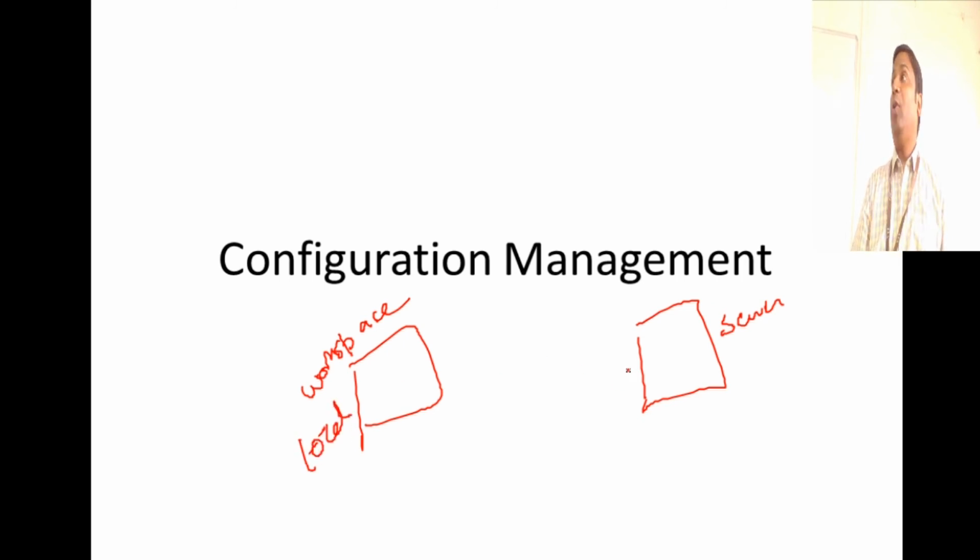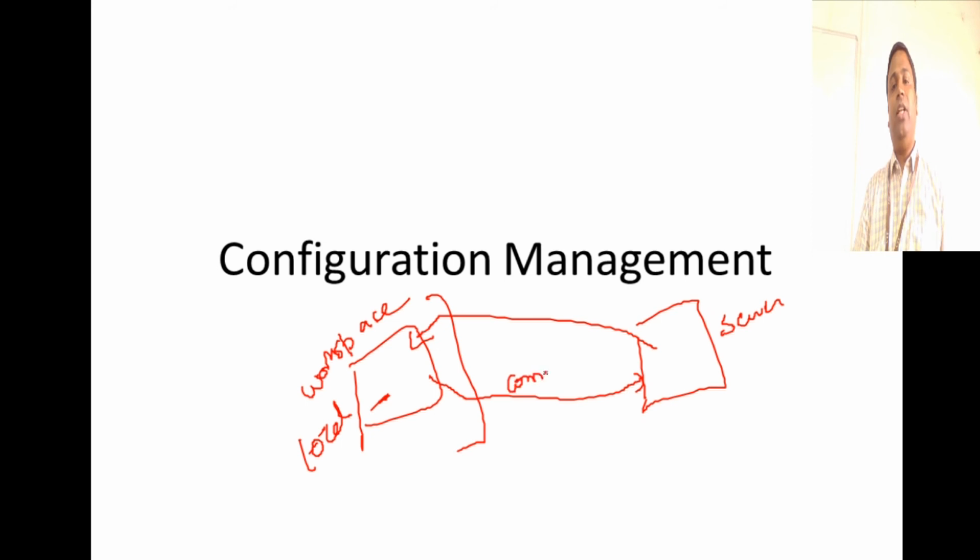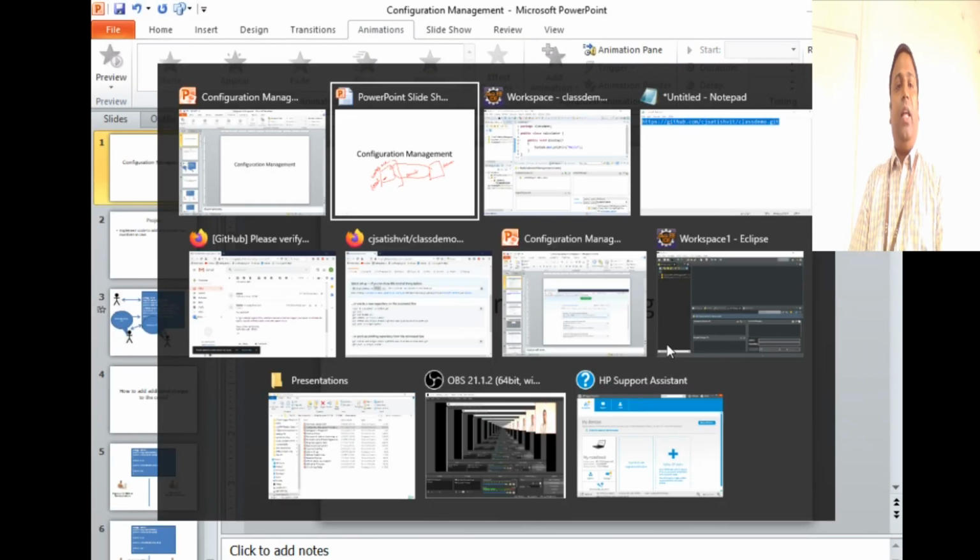Whenever I am cloning, the code in the server will be copied to your local. So this is your laptop, and you can make any changes to the code here. And then you have to commit or push the changes to the server. From the local, it will push the changes to the server. Now what I have done is I've just cloned this server code. There is nothing in the server, so it's an empty repository. So I've just cloned it.